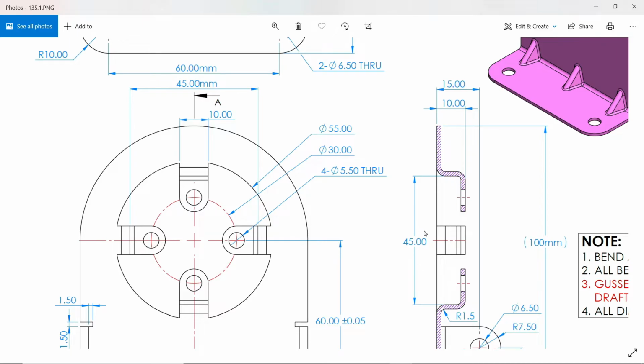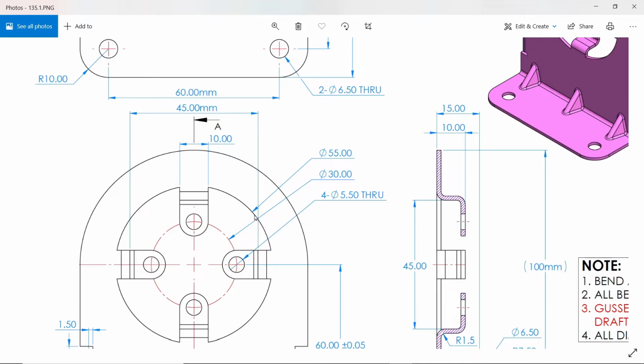This is also an important thing. Then this diameter 10. You will see here. Inside there is a hole 5.5, and this center distance, see, 30 radius. So we will create this one,